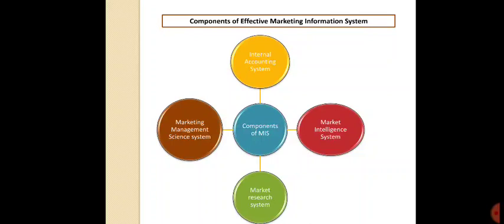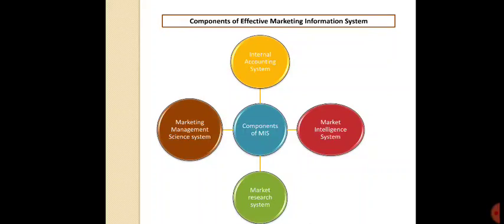This component of MIS refers to a formal system created to regularly review the internal reports of the organization, like orders from intermediaries, sales reports, prices, price variations, cost at different levels, inventory levels, payables, receivables, etc., collected through different means such as the order to payment cycle, sales information system, internal database, data warehousing and other departments. Second component is market intelligence system.